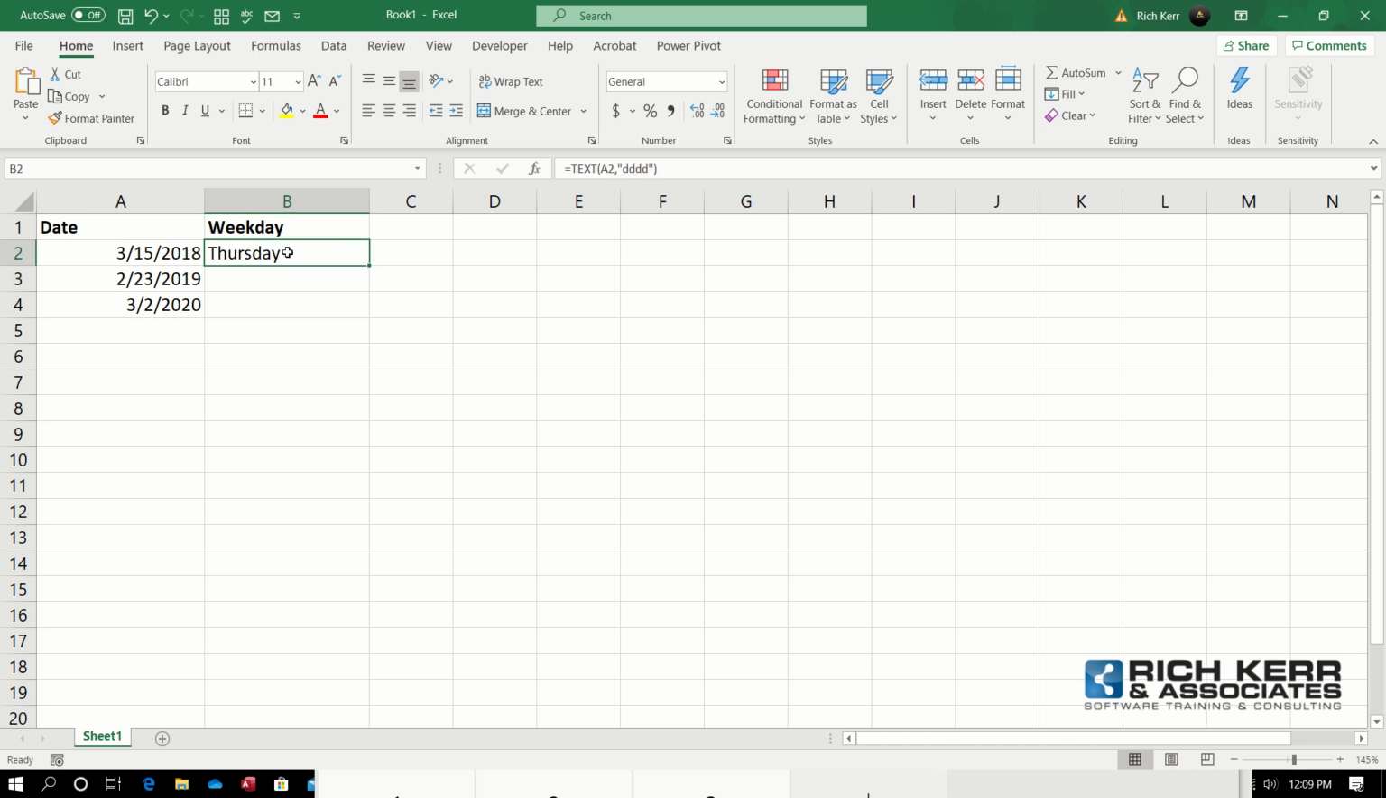Now, if I had used three-letter Ds, then I would simply get the three-letter abbreviation. Other alternatives, for example, if I had done four-letter Ms instead of Ds, then I would get the fully spelled out month instead of the day of the week. So you can use Ds and Ms to reference the day or month component of a date value with this